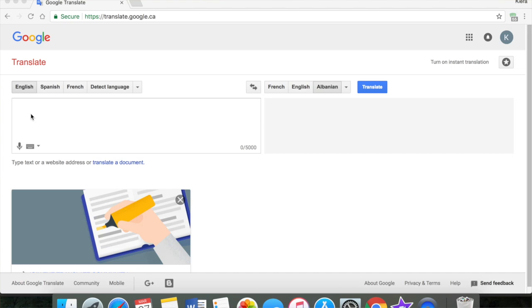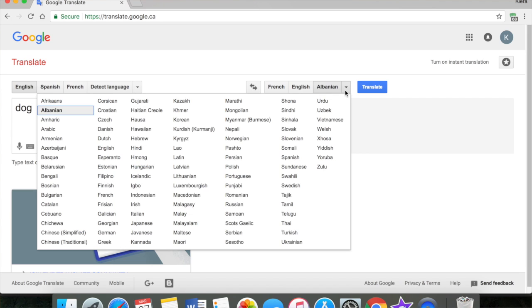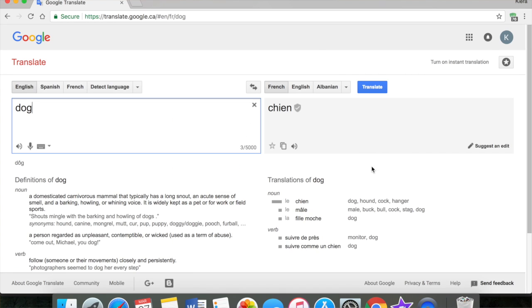It's a fairly easy to use, easily accessible application for everyday use. One needs only enter a word in their chosen language into the text box on Google Translate and choose their translated language, so the language they'd like their word to be translated into, and hit the button Translate. What results is immediate cross-language translation of the word.